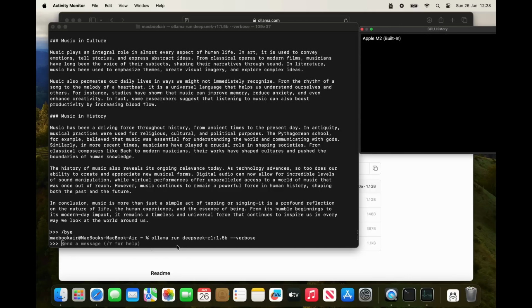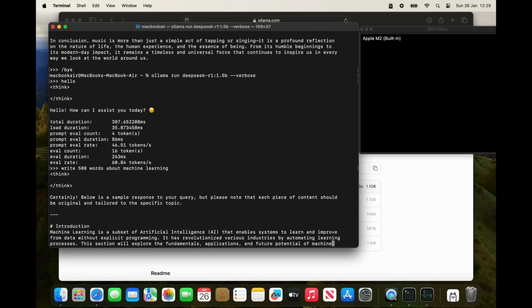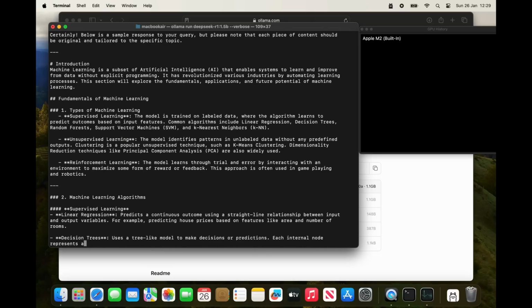When you open the language model, if you type --verbose, then it tells you how fast it's been able to do everything for you. So again, I'll go back to write me 500 words about machine learning, and it will go through the whole process. The 1.5 billion parameter model's fast, it doesn't have as much information available to it as the larger models,